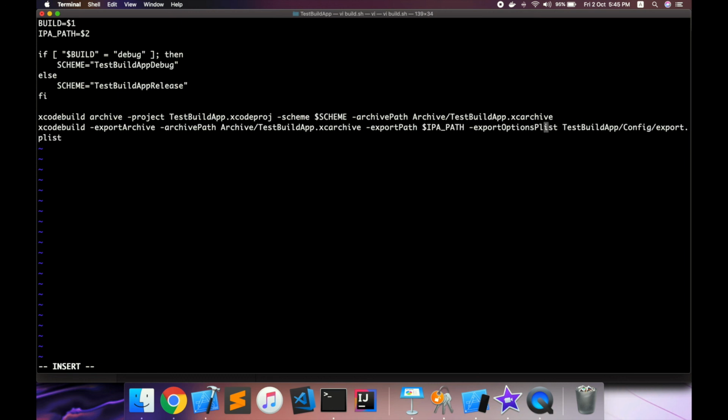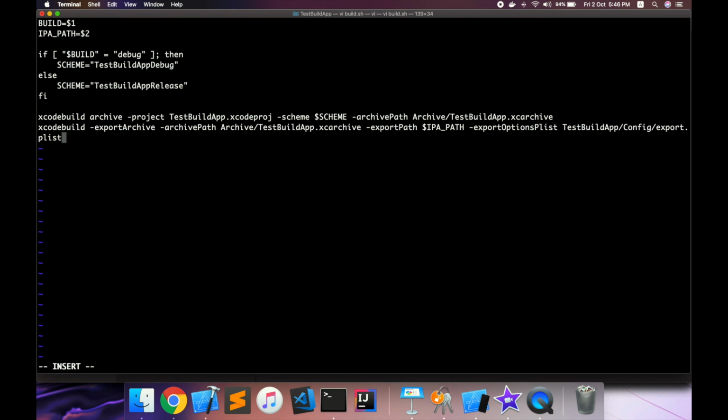Now we are at the last command line argument that we have, which is the path for the export plist. Since we have the same bundle identifier and provisioning profile, having the same export plist for both debug and release build configurations is okay. But if we have different provisioning profiles to choose from, which is mostly the case, like we discussed before, teams usually have a different bundle identifier to ship the apps internally and a different bundle identifier for their app in the app stores.